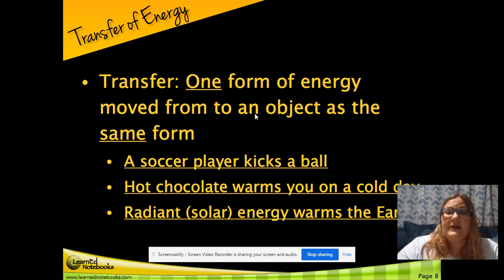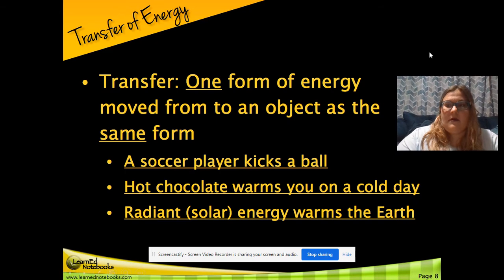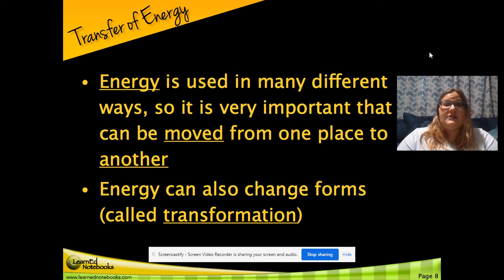So a soccer player kicks a ball. That's one type of it. Hot chocolate warms you on a cold day, so it's thermal to thermal. Radiant or solar energy warms the earth. It's heat energy. Energy is used in many different forms, different ways, so it is very important that it can